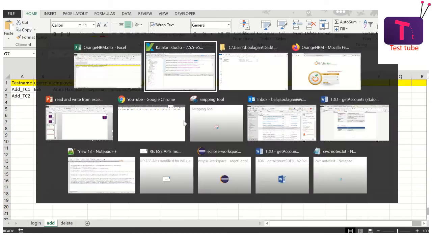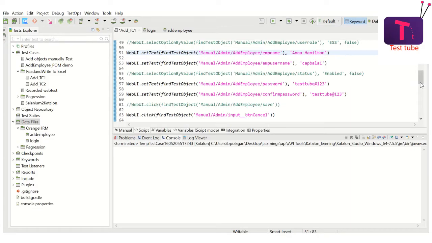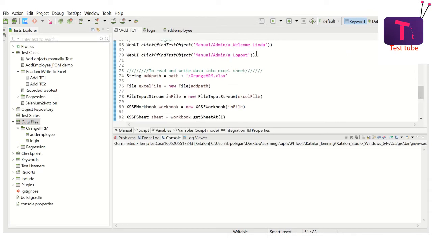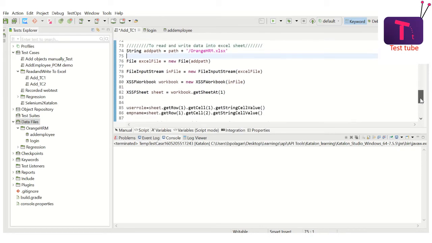So you can try by yourself, but for now let us see how to read and write the data in traditional ways. This is a logout function. After that, now this is the traditional way, and let me explain this traditional way in simple steps by a small comparison to our daily life thing which we would do.